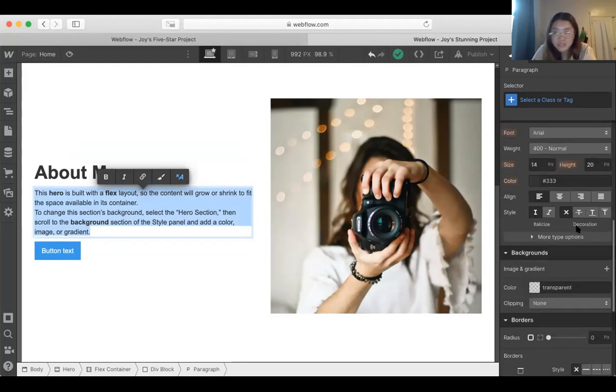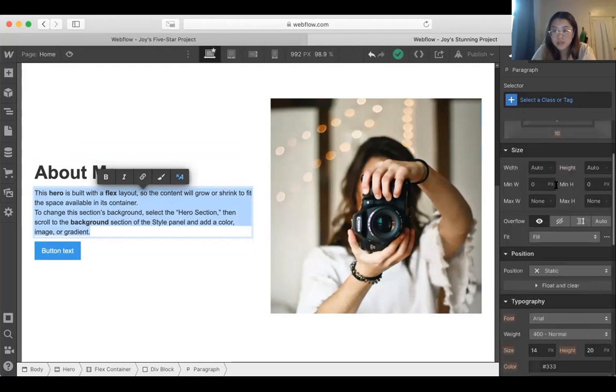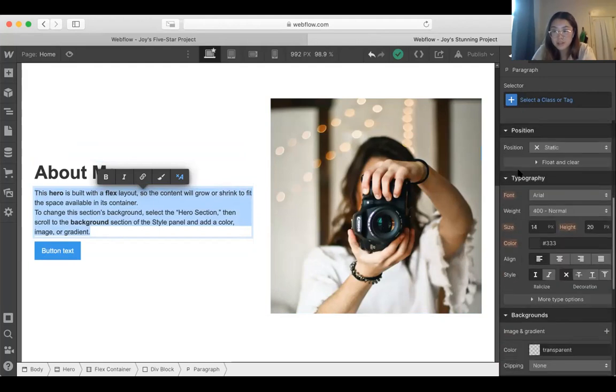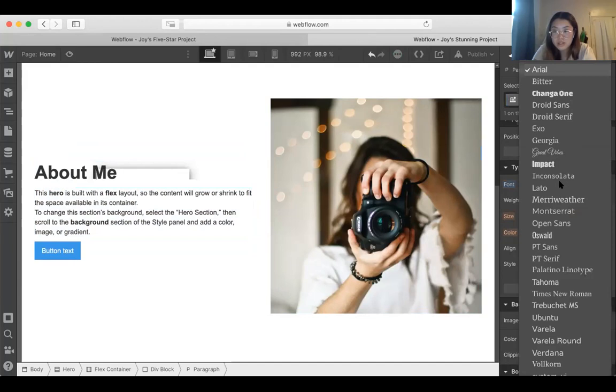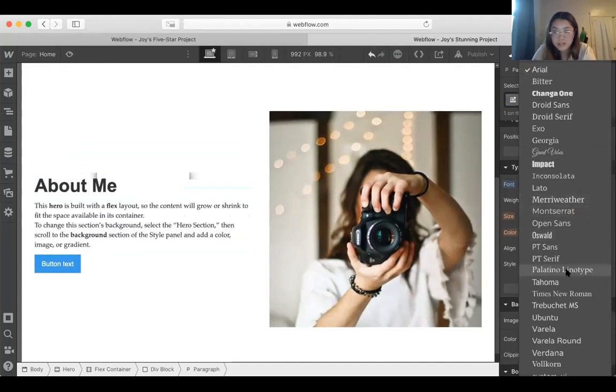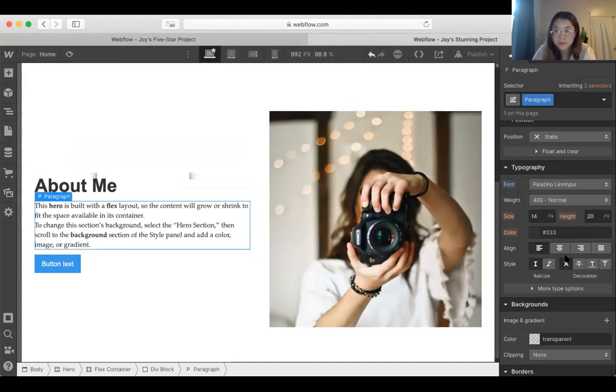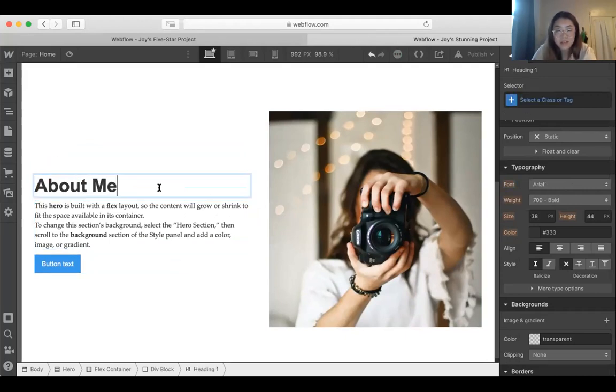And let's change up the fonts a little bit because again, Arial is not the best font. So for the body, you're gonna highlight all of this and then go to the right. And in the middle here, it should be typography, font, and then we're going to use Palatino Linotype. And then the header,